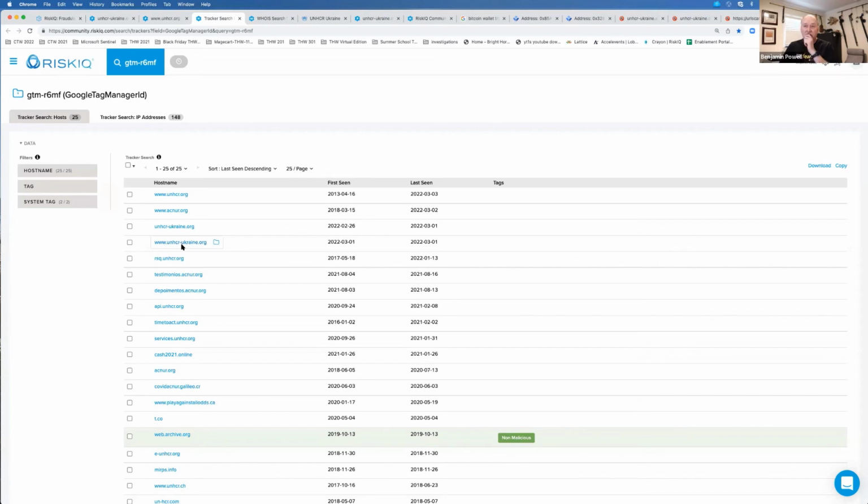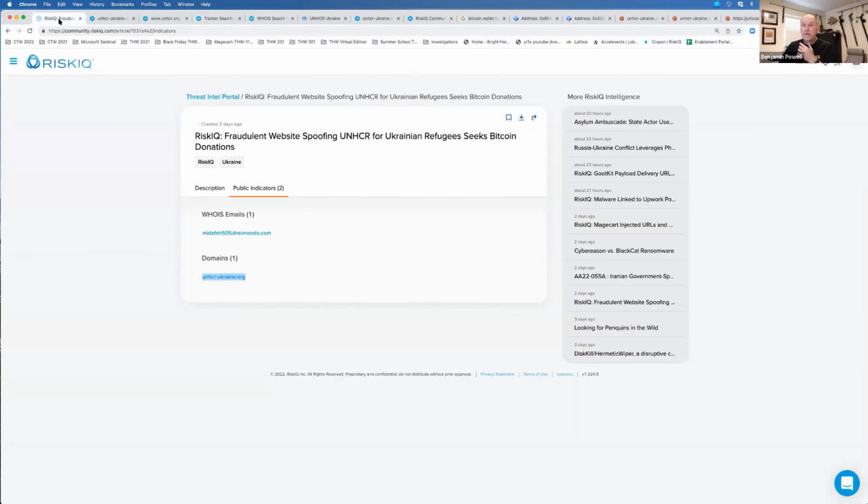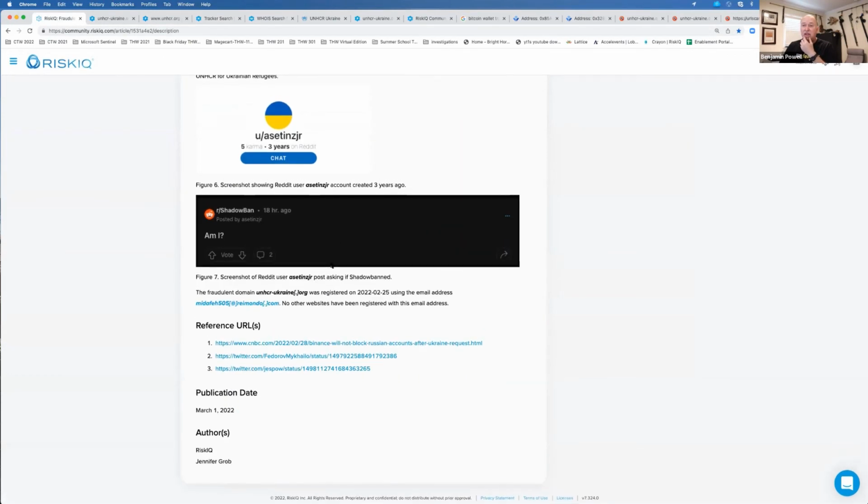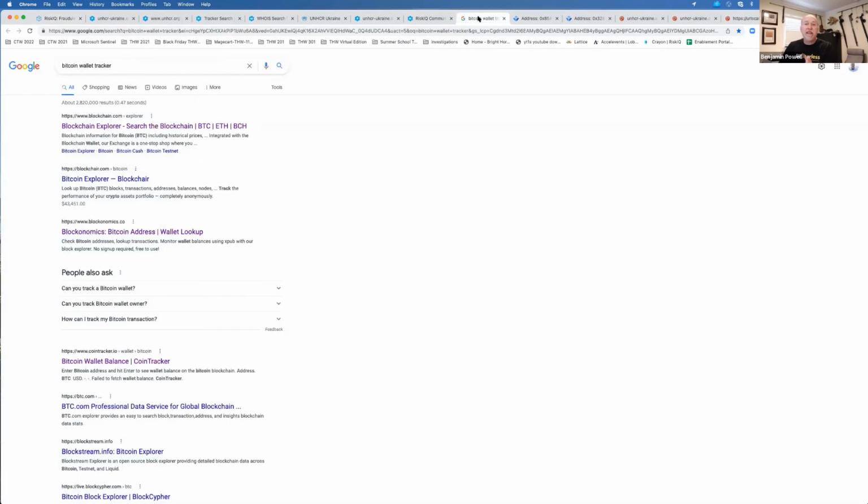So this is another way to find that bad infrastructure. Now, in the article, it mentioned that it was being paid to a Bitcoin address. And I wanted to explore that Bitcoin address and see it. And this is where it was blocked once I put this into the slides.